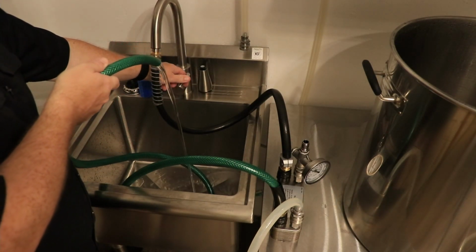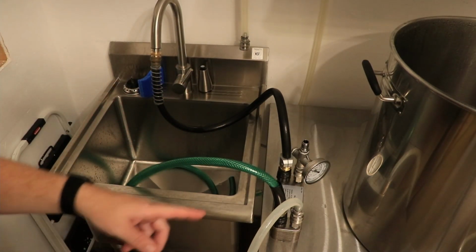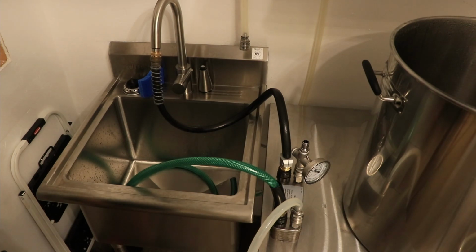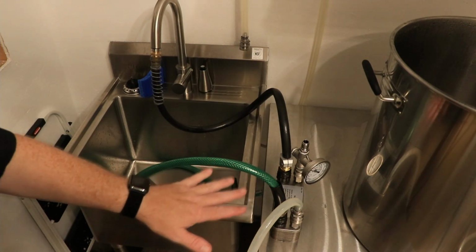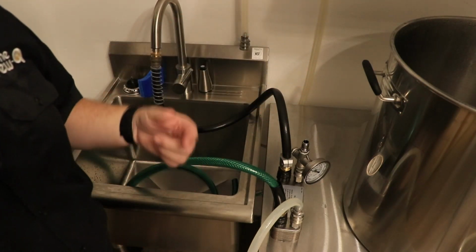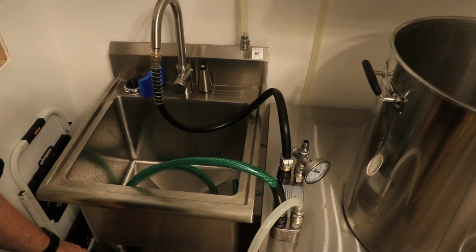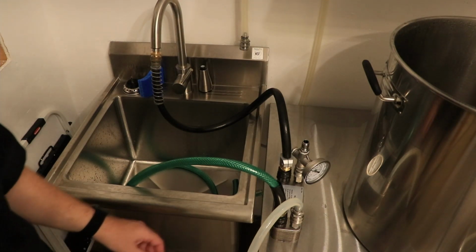Works good, man. So this is how I chill my booze now. Just right here, run it right through the plate chiller on the table. In a perfect world, it should work fine. Just run through, back into the kettle. Boom. Simple setup, man. The more I use this plate chiller, I know I talked a lot of crap about it in the beginning, but